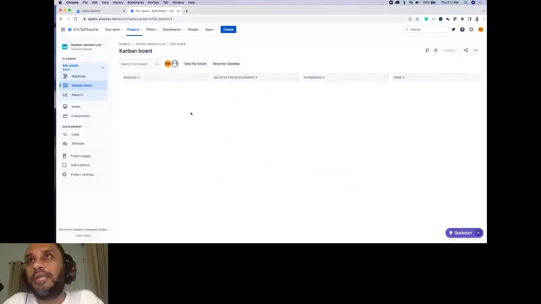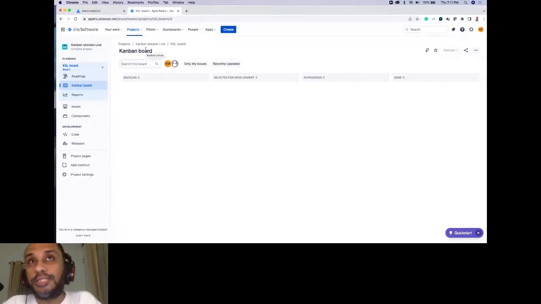One thing, if you had selected team managed from those two options, the board that you get would look a little bit different. If you have an instance of Atlassian Jira, you can try it out. But when you select the other option, this is what you will get.